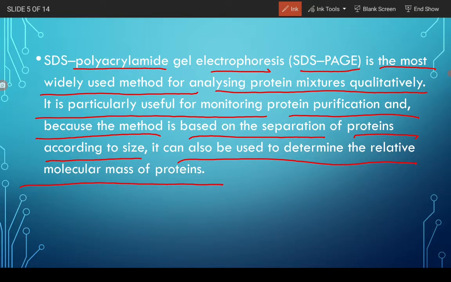So SDS-PAGE is only used for analyzing proteins, or separating protein molecules, and that too depending on the size of the protein. So what SDS-PAGE does, SDS-PAGE separates proteins depending on their size. It does not matter what kind of charge the protein molecule has, it will only separate